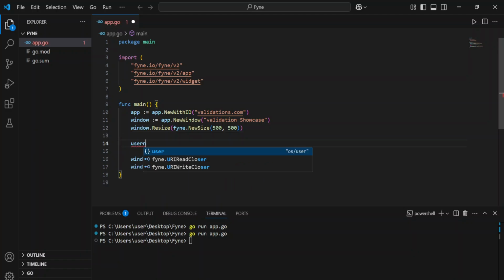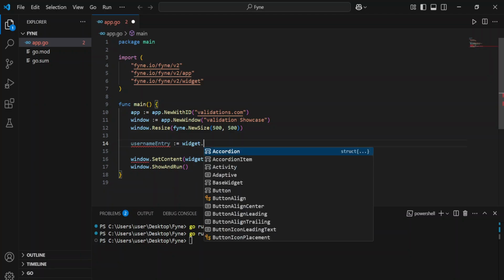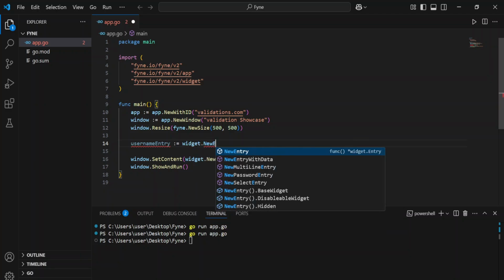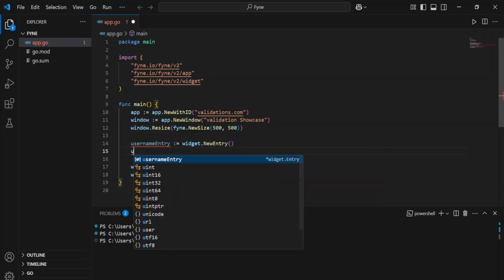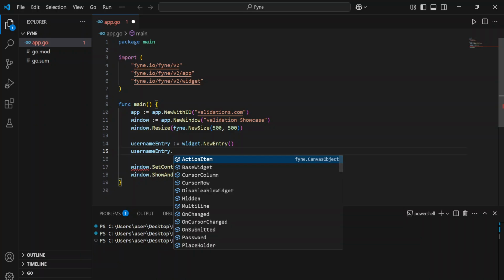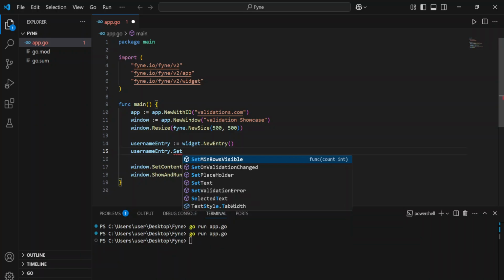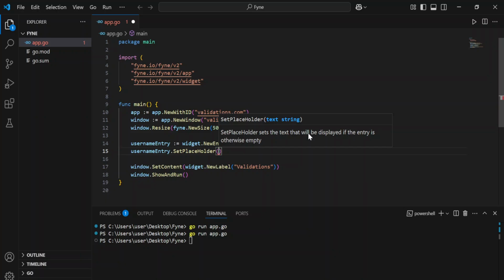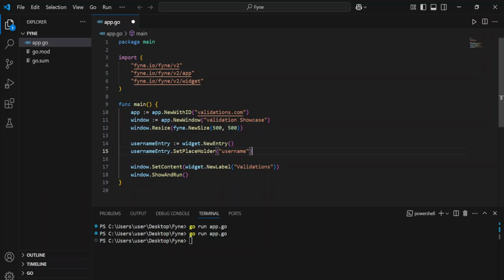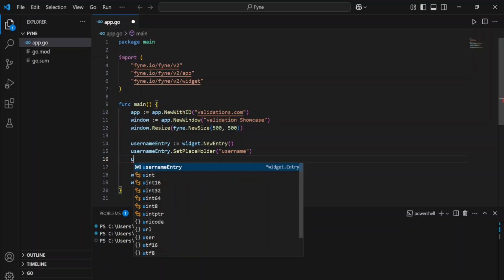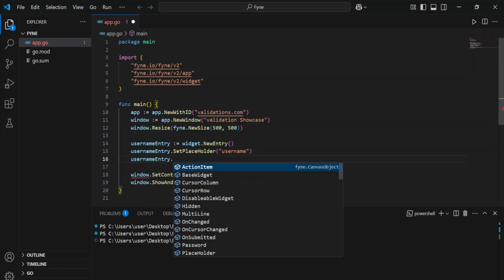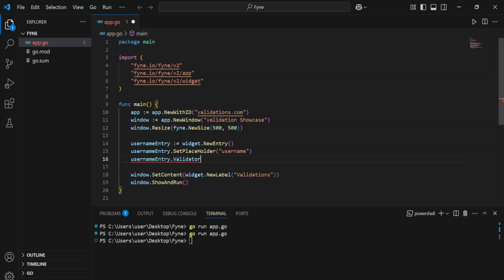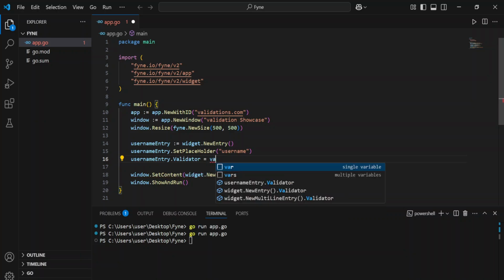So we're going to have a username entry. We're going to get a widget, new entry, and then you're going to have username entry dot set placeholder. You can say username, and then we're going to add a validator. So you're going to say username entry dot validator, and then you're going to say